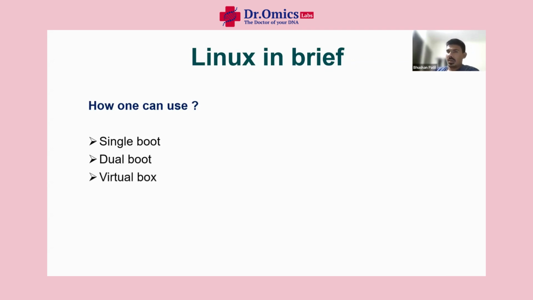Next is the virtual box. So virtual box is a method in which you will download some application, like VMware or VirtualBox, and in that application, you will install your Ubuntu, that Linux there. It may be any distribution, Red Hat or Kali Linux, anything. So suppose you have downloaded the virtual box application, and in that you will install your Ubuntu. But I don't recommend the virtual box